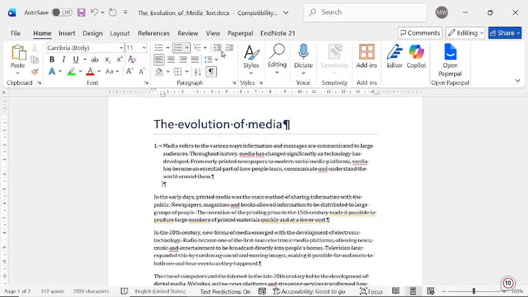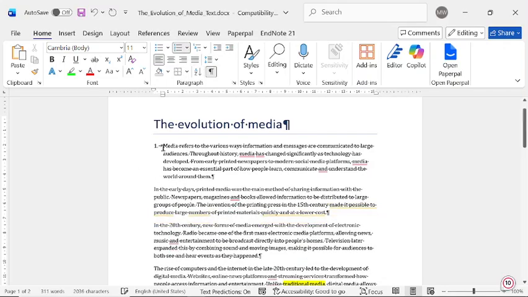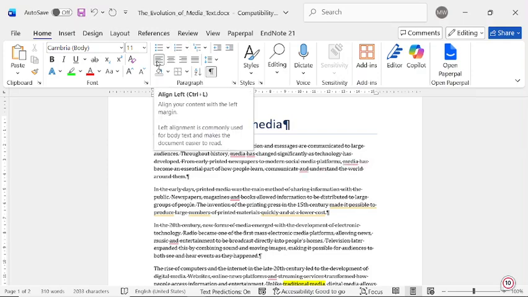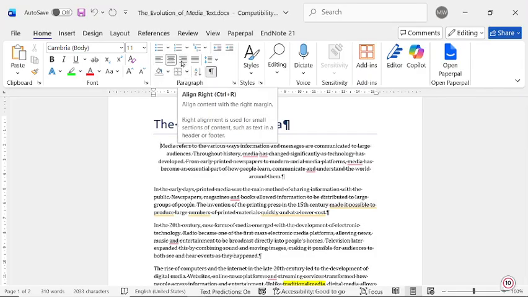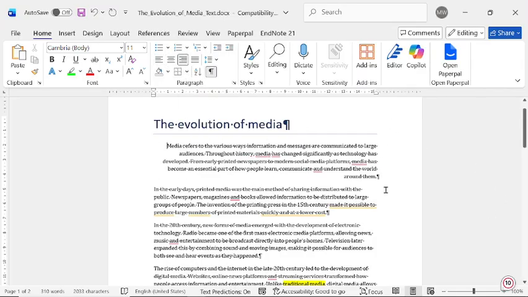Now then, what we also do have with this is your paragraph alignment, so you can align it to the left, you can align it so that it's in the middle, you can align it to the right side of your margin, or you can use what we call justified, and this just makes it so that your text doesn't go in and out on the right side the entire time, but that it's actually structured underneath each other.